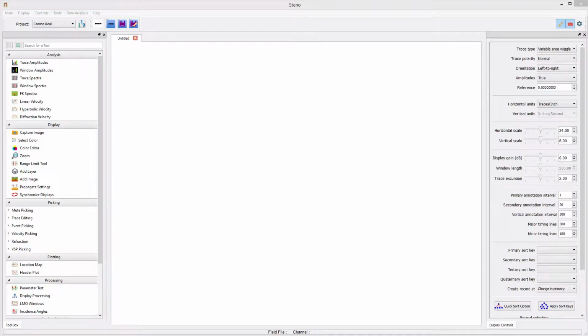Hello, this is a short video on first break picking, and we'll show you how to load the data, pick the breaks, and we'll have a look at the pick file at the end. Shouldn't take that long. So whether or not you're familiar with Steno, to load a seismic file you can click